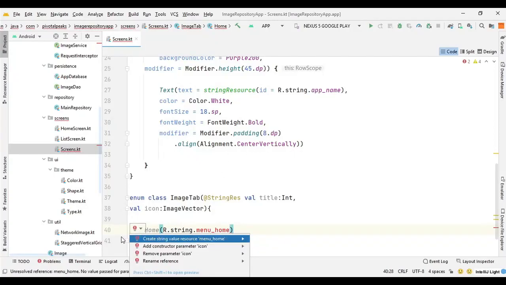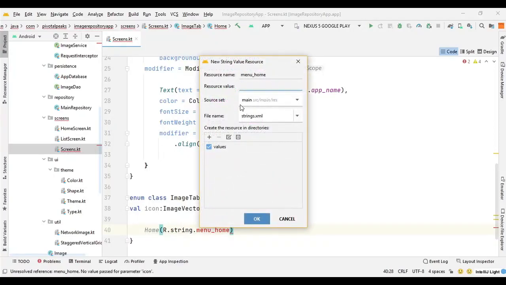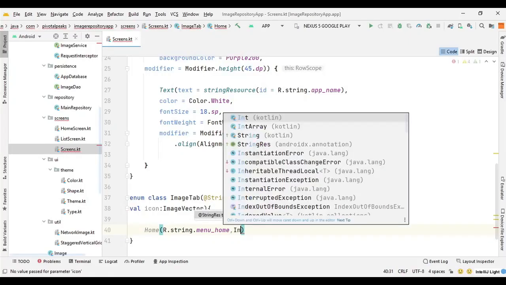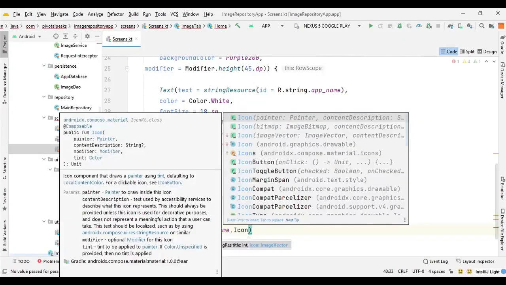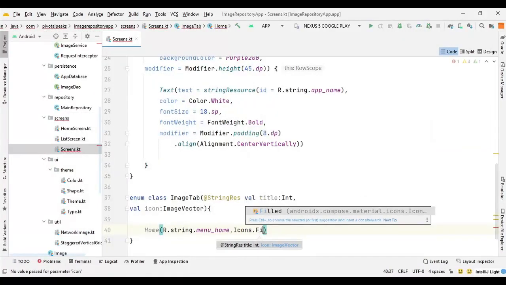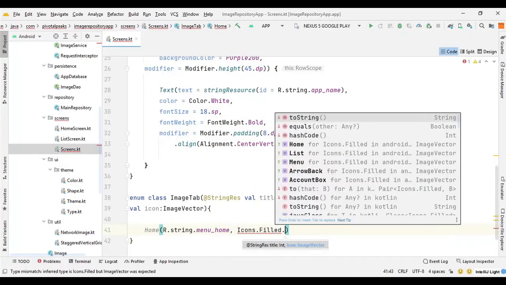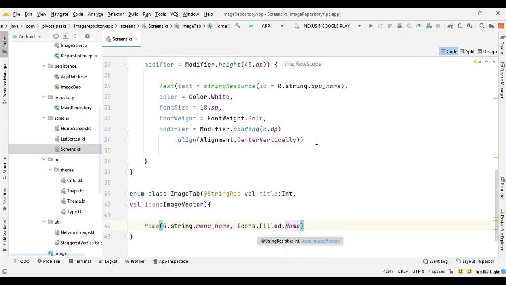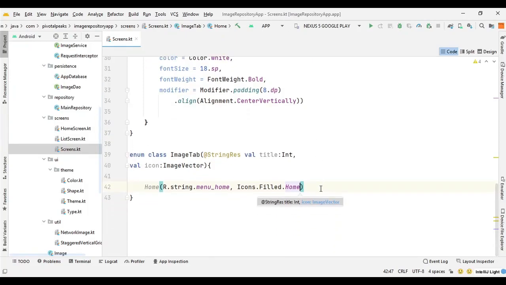So let's just create it. We can say it home, and then we need an icon for it. So we can say icons dot filled dot home, which already comes with Jetpack Compose, so we don't have to create our own icon.